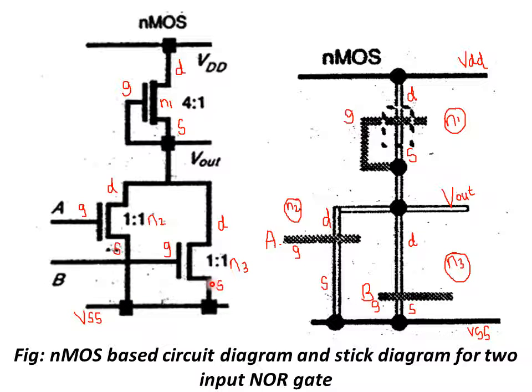Here I can draw one more dotted square, as you can see. This tells us this type of transistor is a depletion type transistor. That's why we have drawn the implant here, right? So this is the N1 transistor. Here I have named the terminals drain, source as well as gate. As you can see, the gate and source of this N1 transistor are shorted here, isn't it? The same thing we have done here. The gate polysilicon layer is extended like